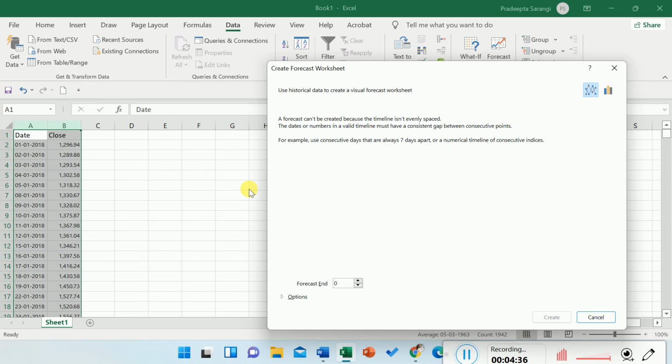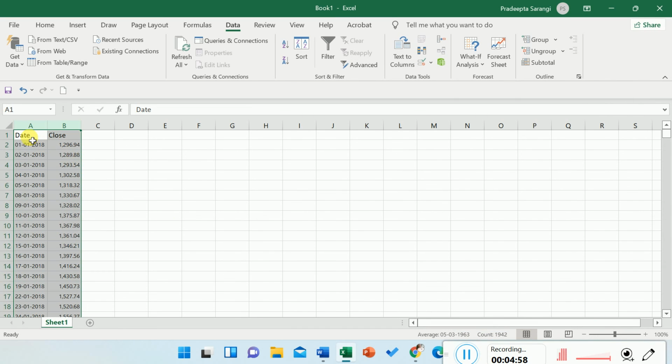It's showing an error message. Actually, what it wants is that the data should be evenly distributed. That means either it should be weekly data or monthly data, the data in a regular interval. What happens here, the data I have taken is the daily data.